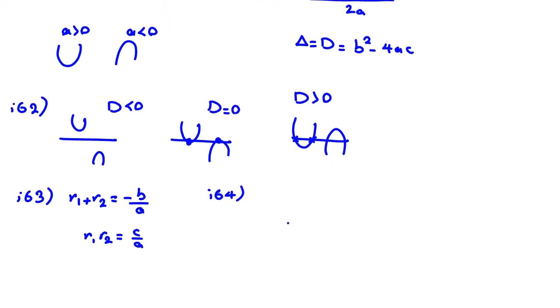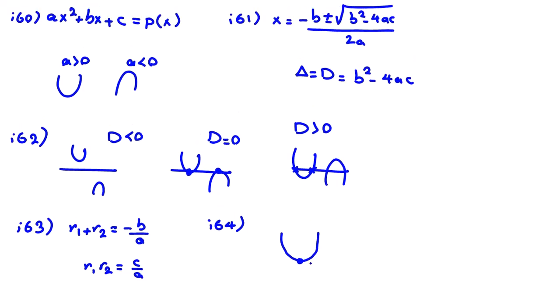Idea 64. So if you consider, for example, this graph, this one is what? If you want to consider the coordinate of this part, suppose for example it is (xv, yv), you can calculate it by changing to perfect square, and you can see that xv will be negative b over 2a. And y is what? Y of v, you can replace xv in our quadratic equation and find that it is this. Now